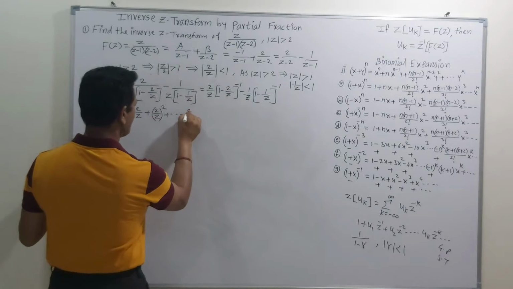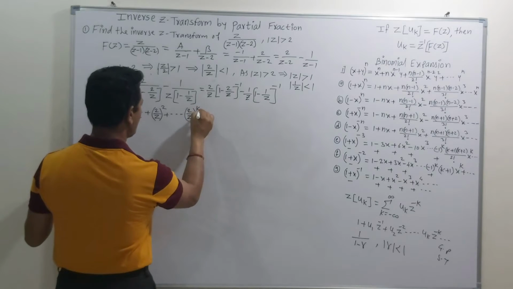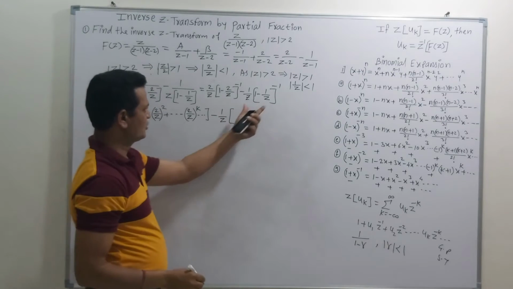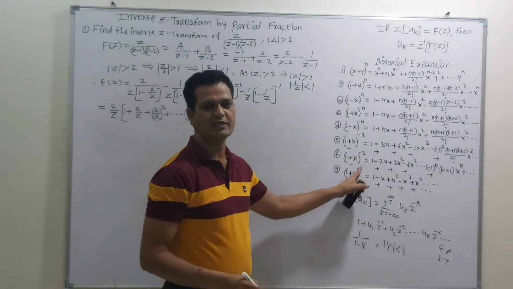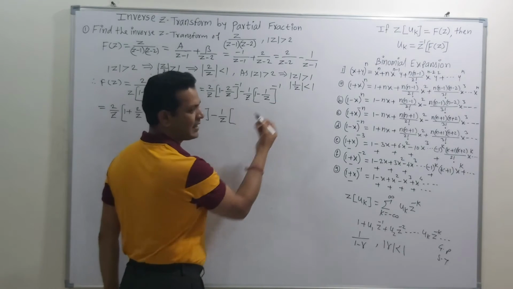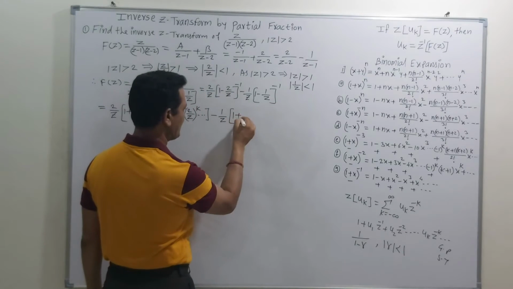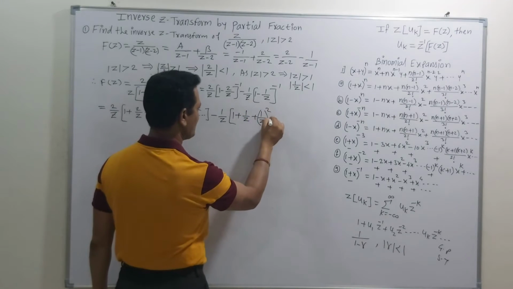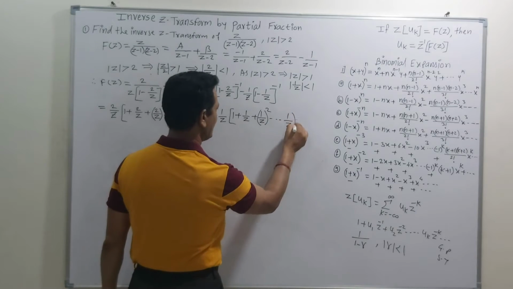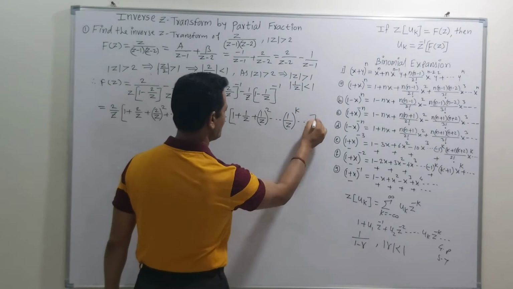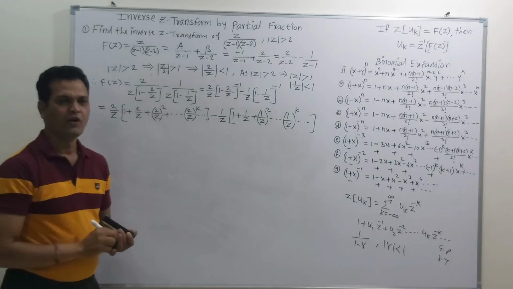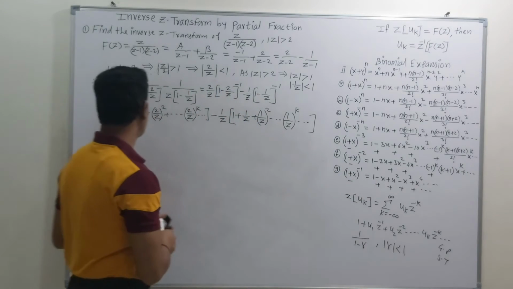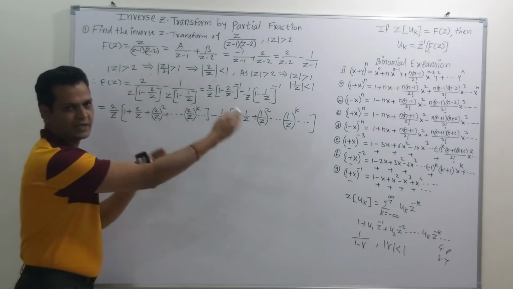Sorry, we get this as 2 by z raised to k and so on, minus 1 upon z as it is. Again we can apply the same concept, 1 minus x raised to minus 1, where the value of x is 1 upon z. So here the expansion is 1 plus x, that means 1 upon z, plus x square, that means 1 upon z squared, and so on, 1 upon z raised to k and so on. So here we get the expansion for the first and second term with the help of the formula 1 minus x raised to minus 1. Now this 2 upon z is outside the bracket, take it inside.